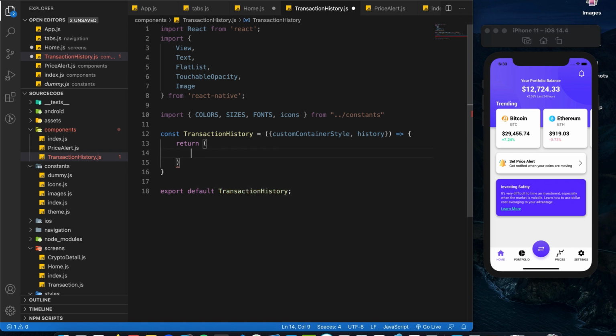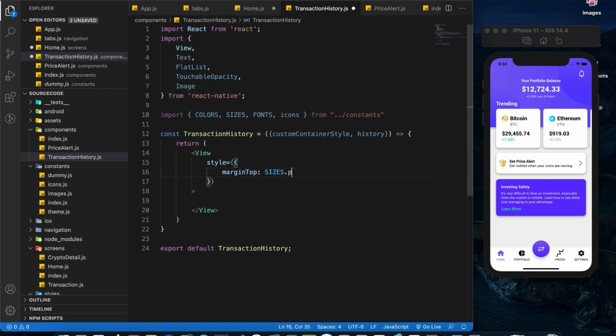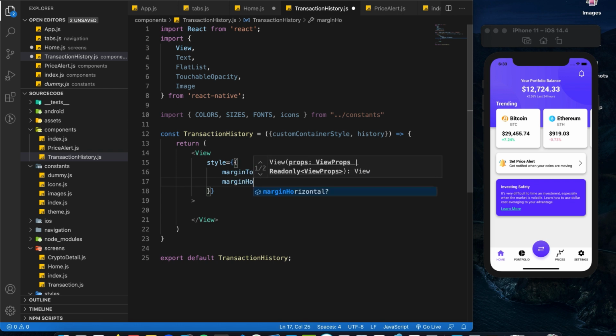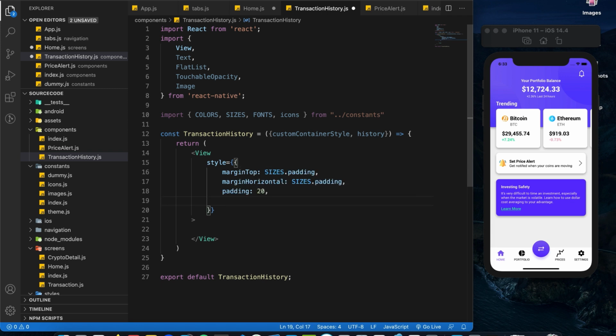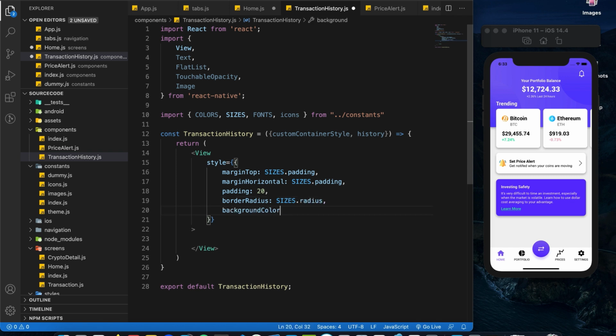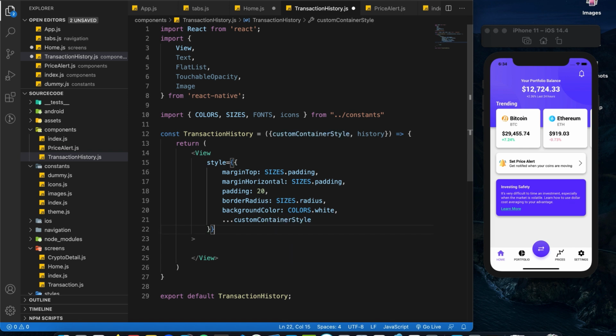Now we are going to return a view, a container view with some styling. So margin top equals sizes.padding, margin horizontal equals sizes.padding as well, padding equals 20, border radius equals sizes.radius, background color equals colors.white, and now we will need to include the custom container style as well, if any, right? So within this view, the first thing we need is actually the